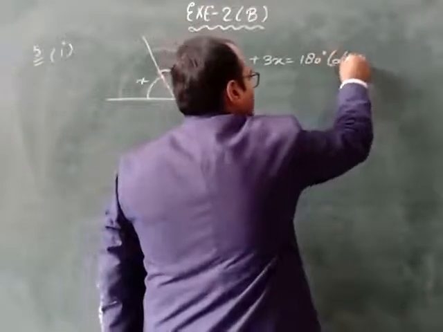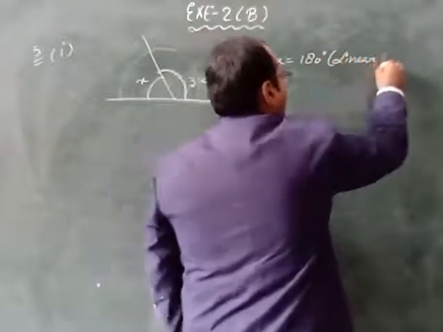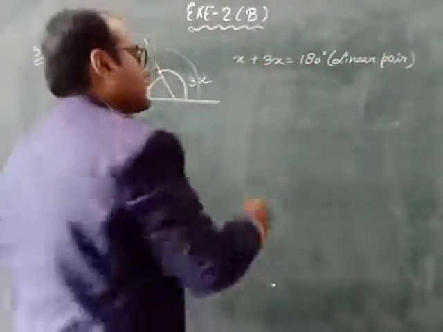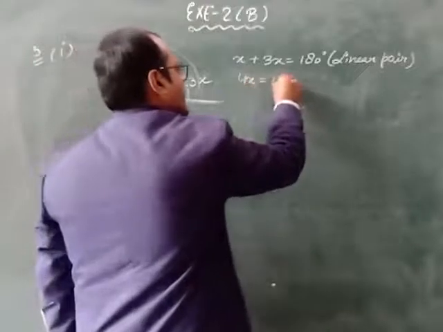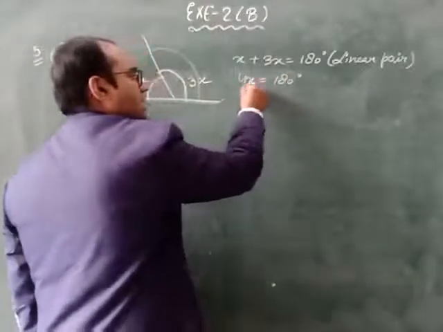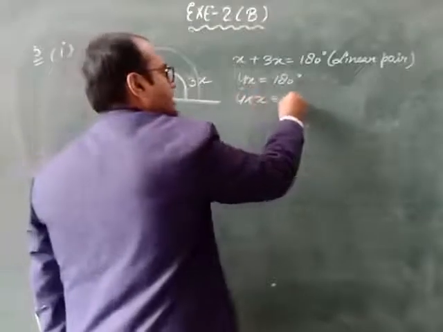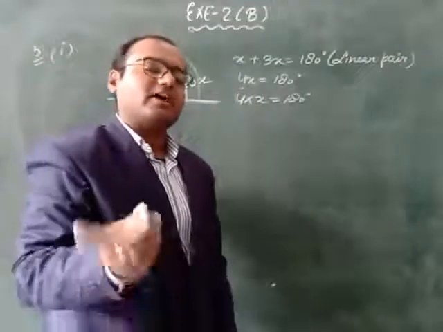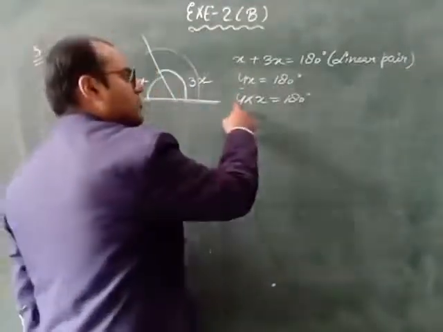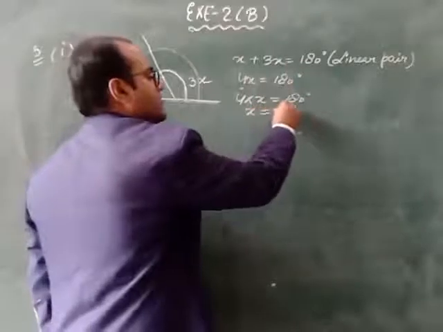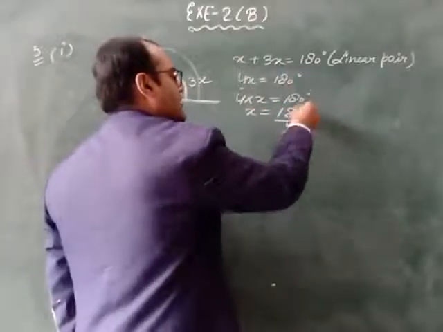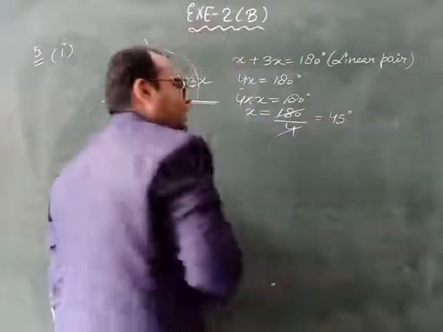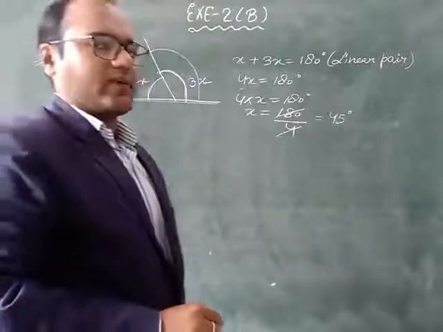These are two angles, so we will write this is the linear pair property. x plus 3x, on adding them we get 4x is equal to 180 degrees. This 4 and x are in multiplication. Between 4 and x, there is no plus or minus, which means we have to take multiplication. Now this 4 is in multiplication, so on the right-hand side we will bring it in division. On cancelling, 4 fours are 16, 4 fives are 20. So the final answer for x we got is 45 degrees.